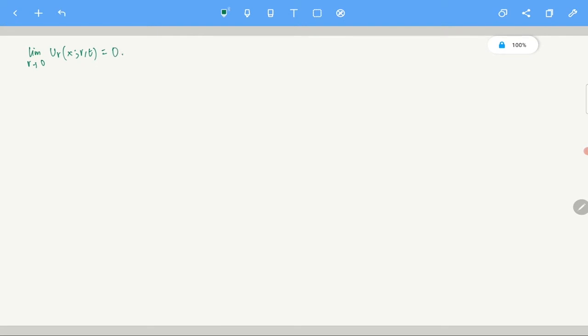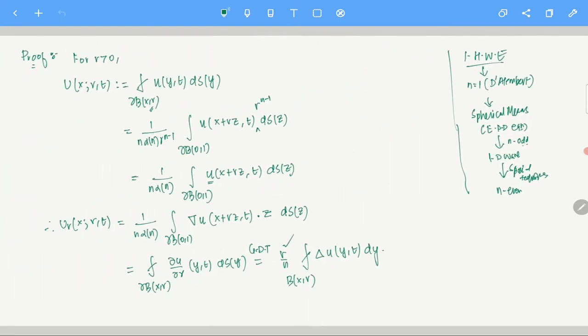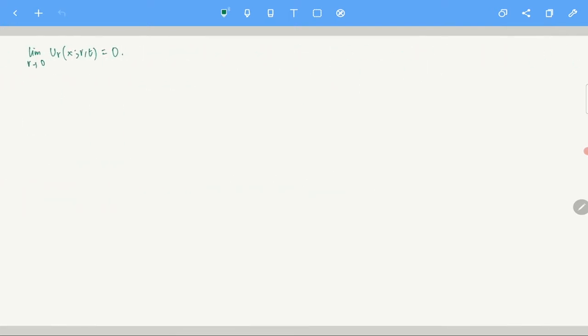That converges to 0. Okay. Since u is in Cm, it's twice continuously differentiable, so Laplacian u is in Cm minus 2. So basically it's a continuous function on a ball, so boundedness is there for this particular term. And then r goes to 0, so basically the whole thing goes to 0.